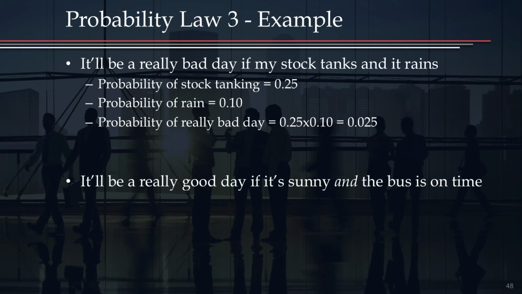However, let's say that a really good day is a day when it's sunny and the bus is on time. We could try to multiply these probabilities, but first it's important to think about whether they're independent. And it turns out they probably aren't. If you know that it's sunny, the probability that the bus will be on time should be a lot higher. These have been some examples discussing independence and calculating the probability of A and B. We'll go through one more example for the first section, and then our second section, conditional probability, will be all about calculating probabilities when events are not independent.